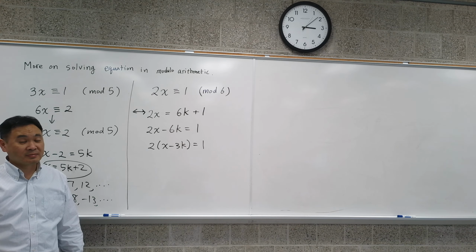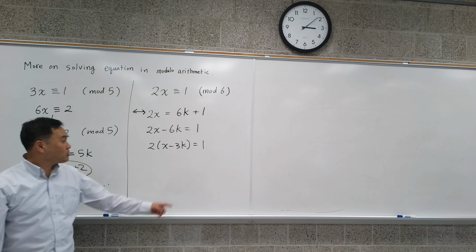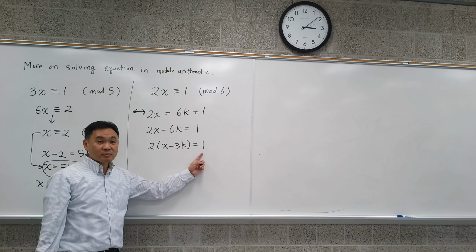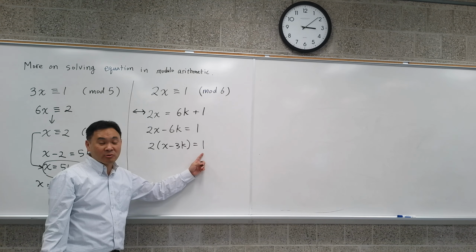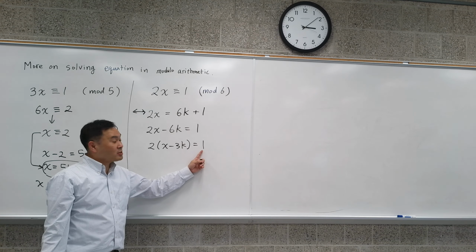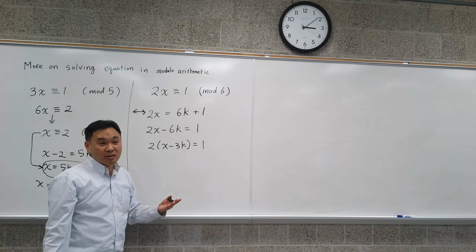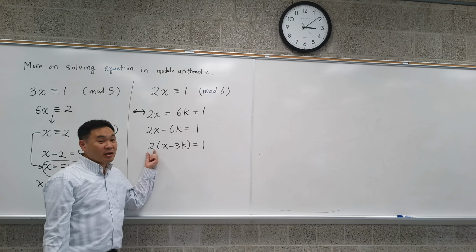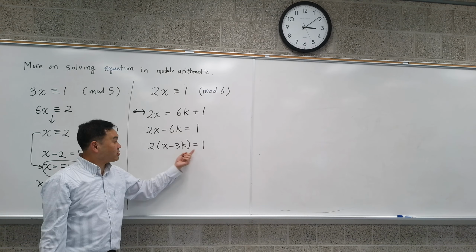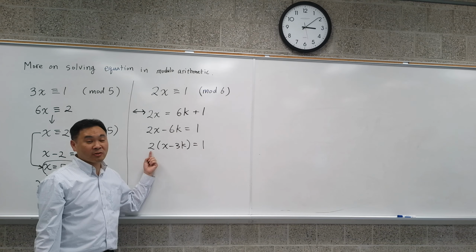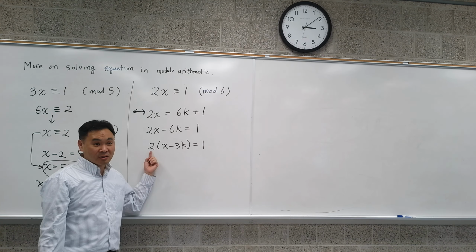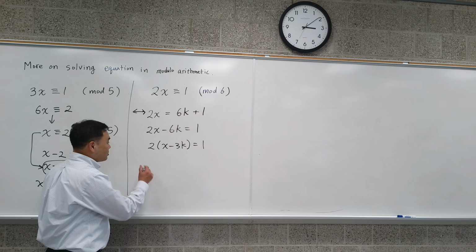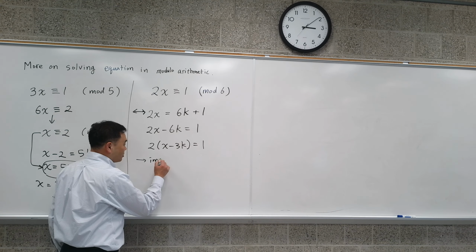Because you can't multiply something by 2 and get 1. What are the factors of 1? Just 1. Or you can say negative 1 times negative 1 is also 1, right? So the things that divide 1 are only 1 or negative 1. But you're saying that 2 times some other integer is 1, so that means 2 is a factor of 1, which is clearly not true, right? You see that? So this is impossible